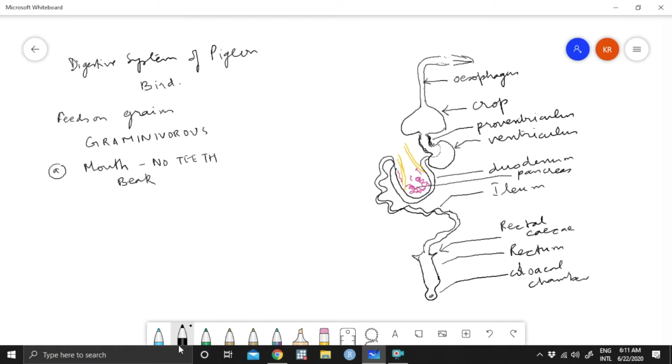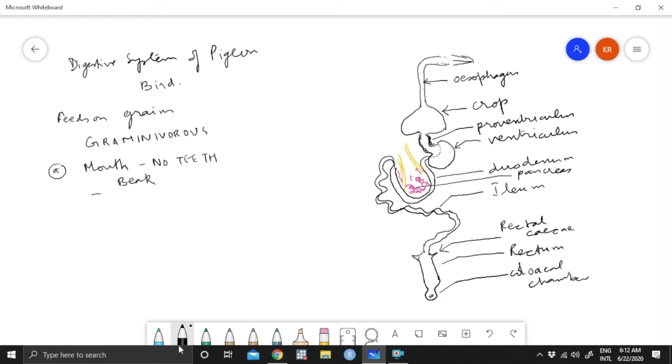Different birds will have different types of beaks, and that accounts for the variation of the type of food that they are eating. That accounts for where they are living. So naturally the beak of a pigeon is different, the beak of a sparrow is different, the beak of a tailor bird is different. Different birds have different beaks.